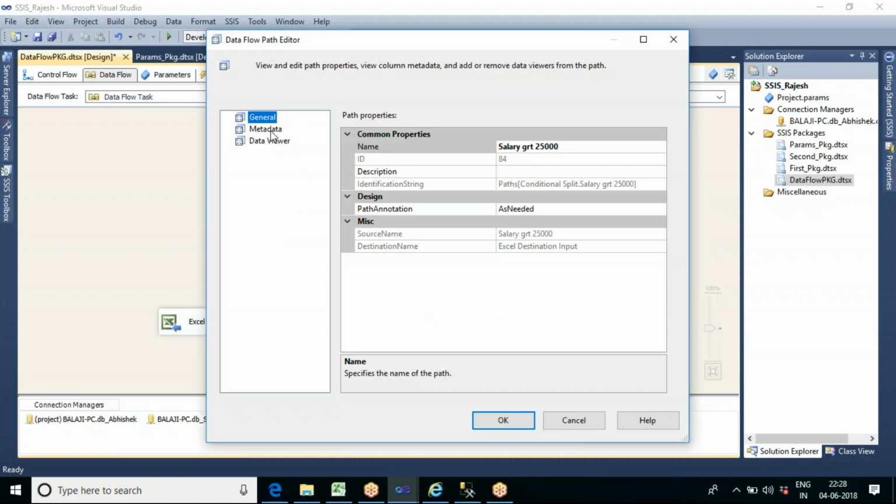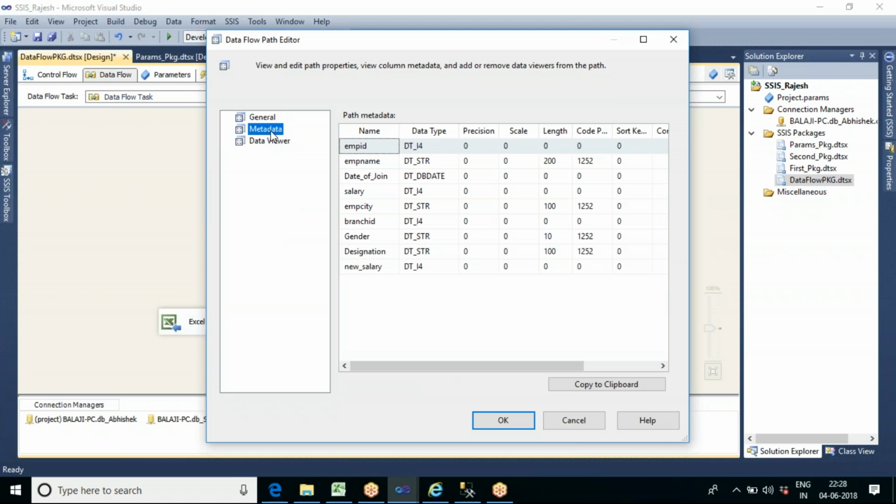If I go and see the metadata of the input file, for integers there is no problem. It will automatically convert them into long or float. There is also no problem for date fields. Date and integer values, I4 meaning integer, have no problem in conversion.